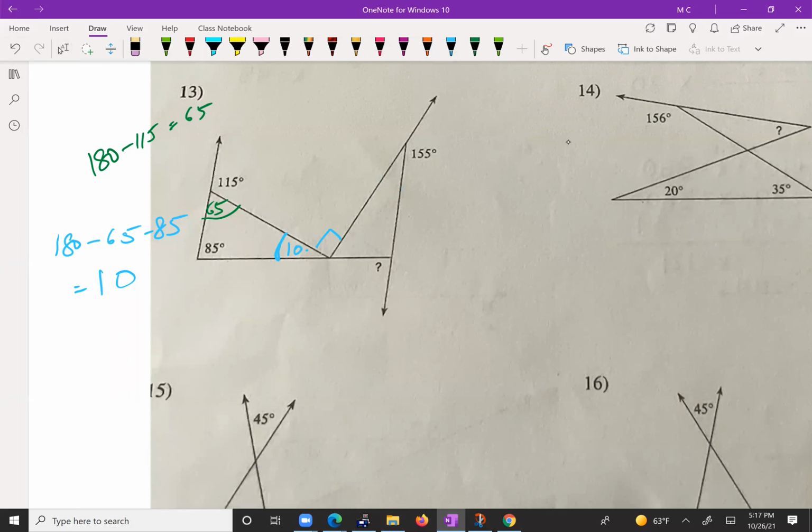Wants to say blue. Okay, let's just do it blue. All right, so this blue angle on top is 180 minus 155, which is 25. So this angle is only 25. Now, are there any that are parallel? I don't think any of these are parallel. So what we should do is